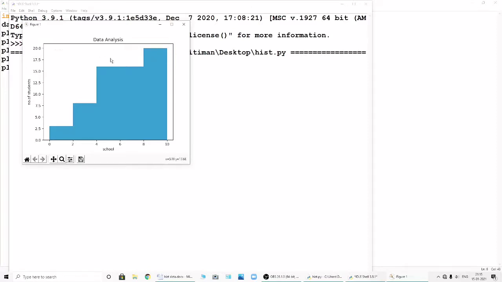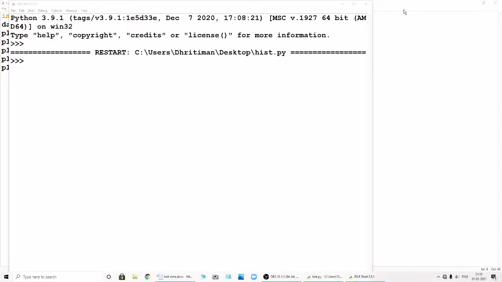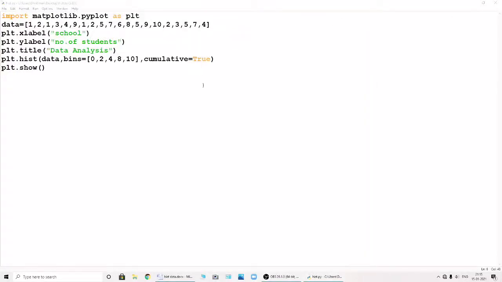So this is all about cumulative. To plot cumulative, we just need to write cumulative equals true in the code. Next we will see histtype.